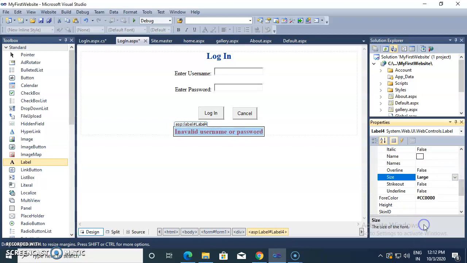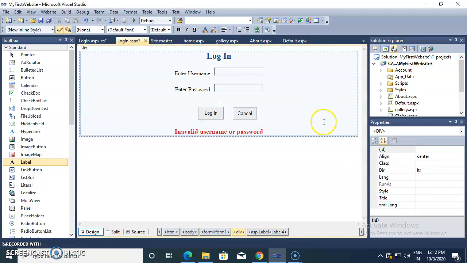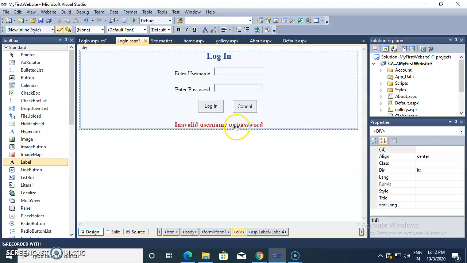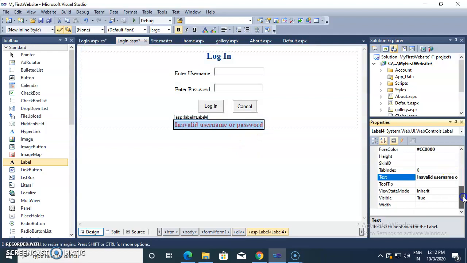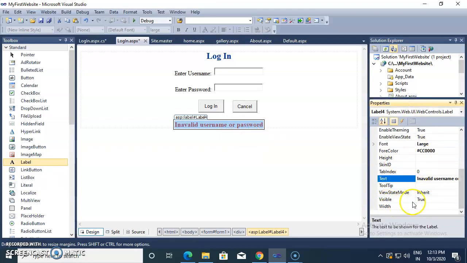I am giving large here, but I don't want to display this error message while the page is loading. So this visible property, the initial property of this label, see inside the properties window there is a visible property.